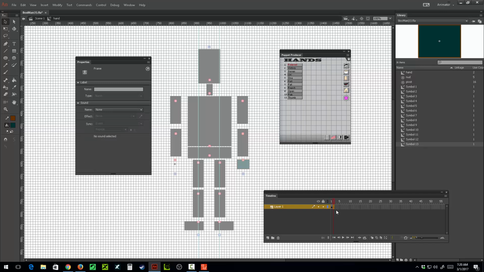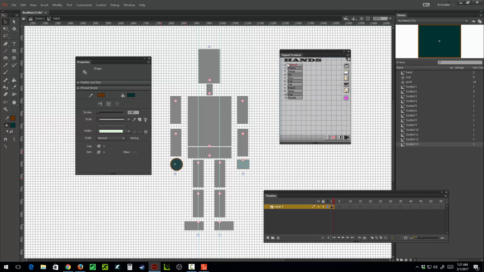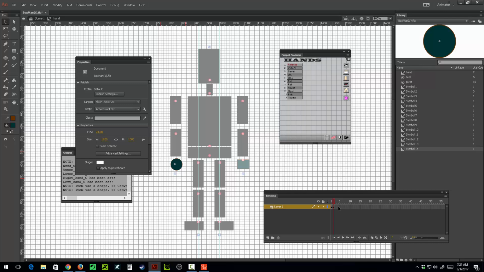F7. I use the F7 function key to create a new blank keyframe. So this one's going to be empty. So here, I'll put another hand, and this is going to be for that victory hand. That's this one here. Victory. And then frame number 3,